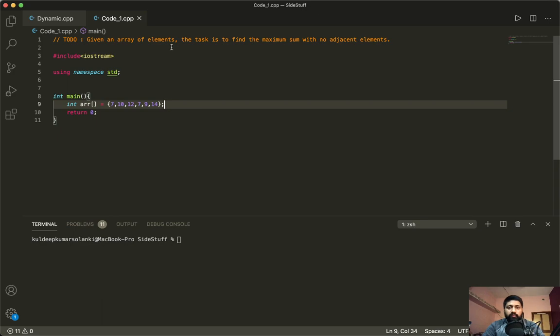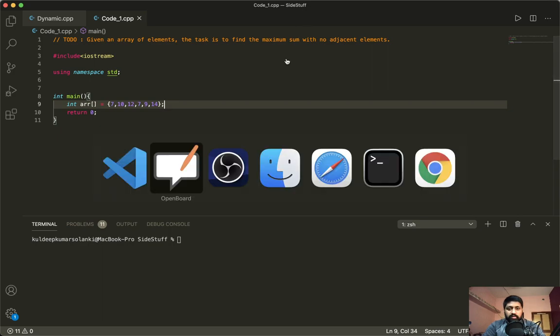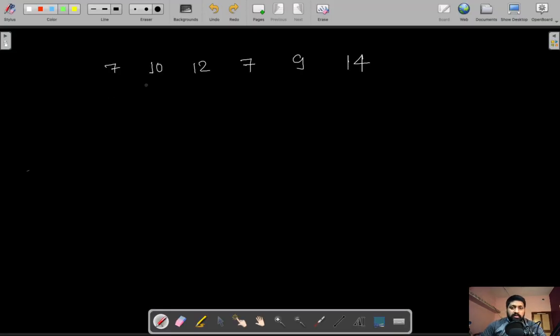So in this, what we're gonna do is we have given an array of elements. The elements contain duplicate elements also. Given the elements, the task is to find the maximum sum with no adjacent element. Now let's say, suppose these are the set of elements we have. So we need to find the sum of elements with no adjacent element. So it can be either this,